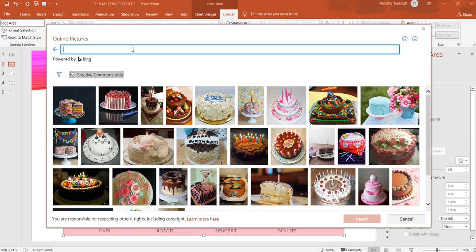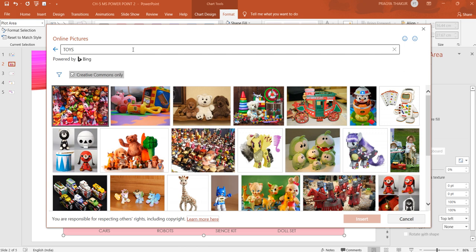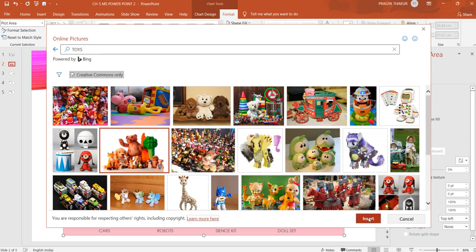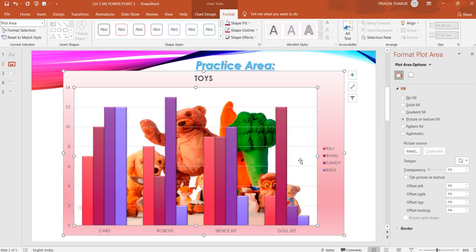For example, I want a toys picture as a background. So I have selected toys. Now I am selecting this picture and click insert. The moment I clicked on that picture, the same thing will reflect here as a background in my plot area. So you can see clearly the gradient effect is there on the chart area, and the picture background is the plot area.